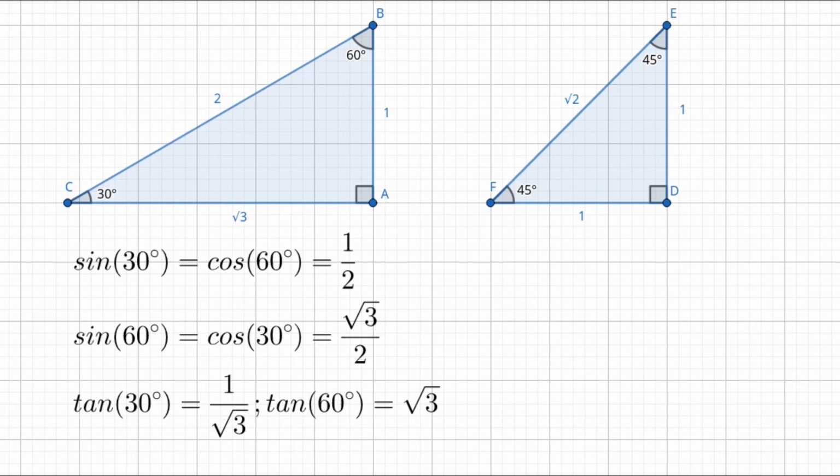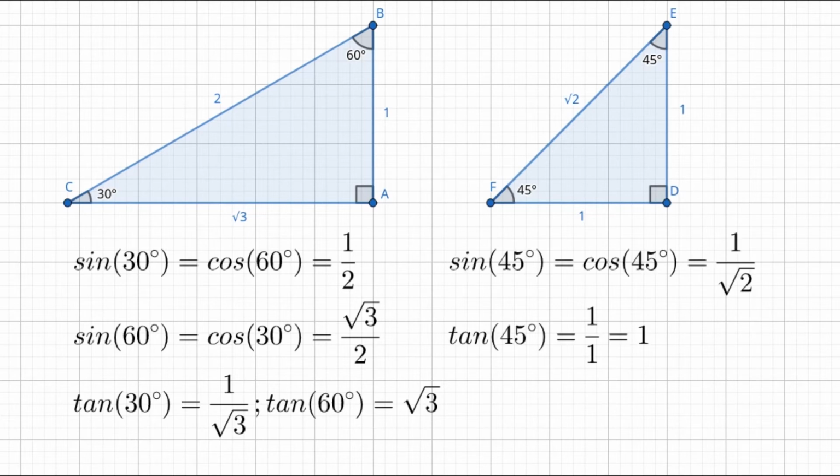So based on that, we can find all the trig functions of a 45 degree angle. We can say that sine of 45 and cosine of 45 are both 1 over root 2, since for each 45 degree angle, the opposite or adjacent side will be 1, and the hypotenuse will be root 2. And that might not be exactly 1 and root 2, but every isosceles right triangle will just be some scale of this. So even if the hypotenuse is like 10 times root 2, then the legs will both be 10, so it always scales to be 1 over root 2.